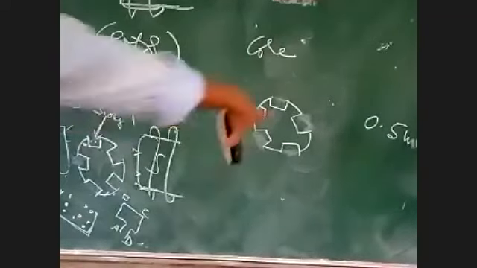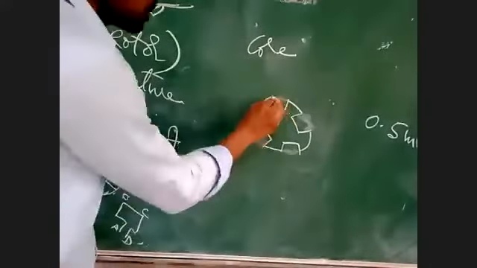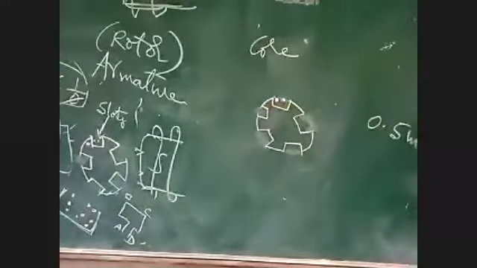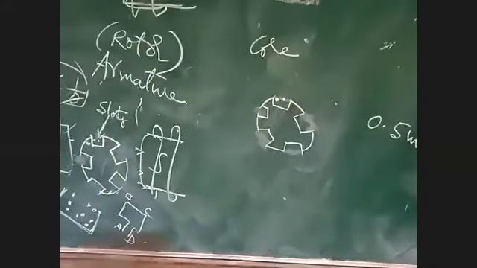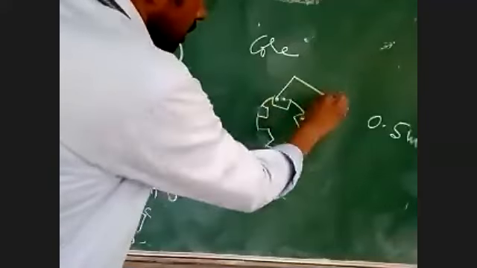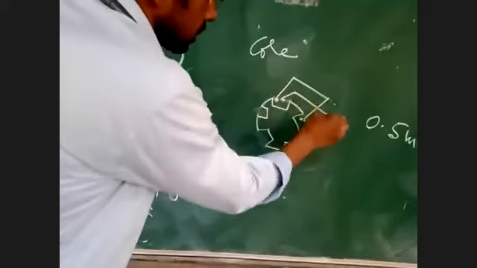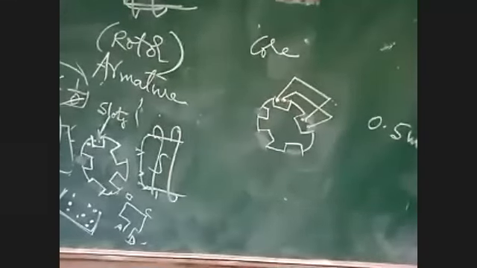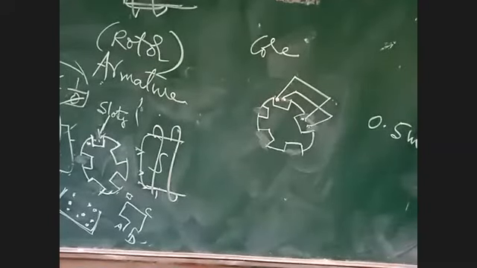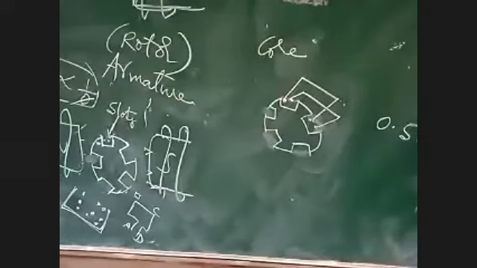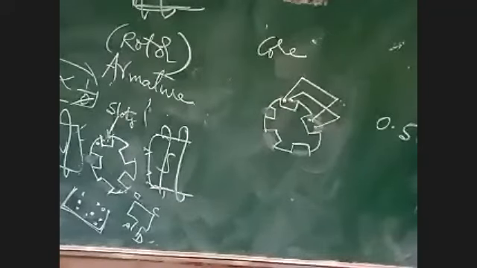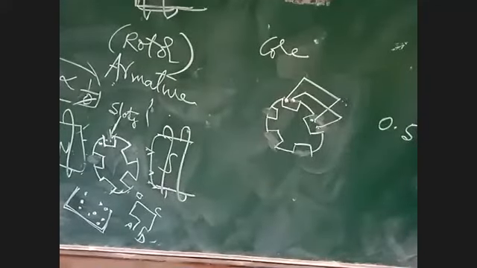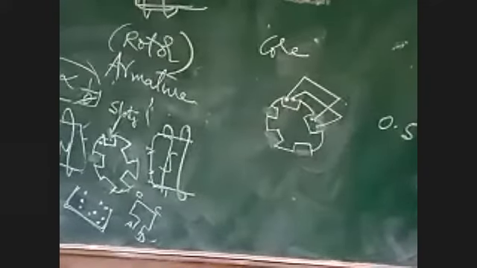In the slots of the iron piece, I will place the windings like this. After that, I will make the winding connections. Connection diagram is not in your syllabus. Connections will be done like that. Winding will be done like that on the circular iron piece. Okay, is it clear? What is the iron core? Any doubt? No, sir. Okay. This is an iron core.